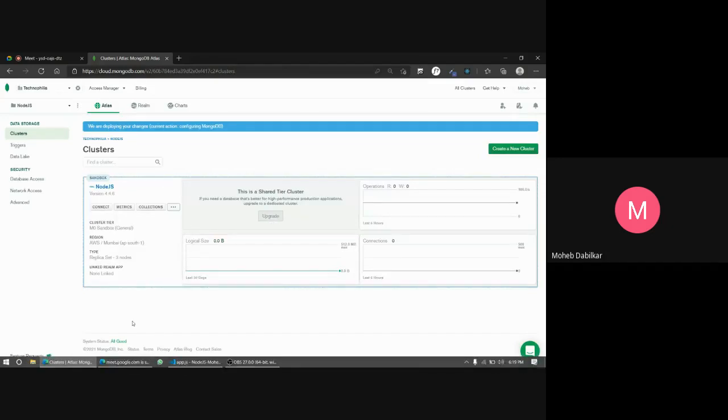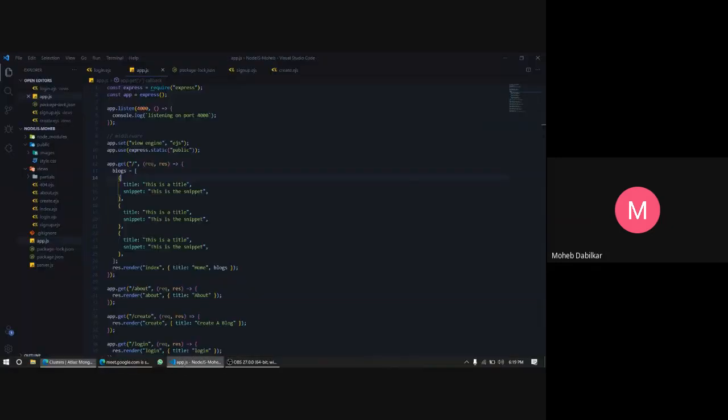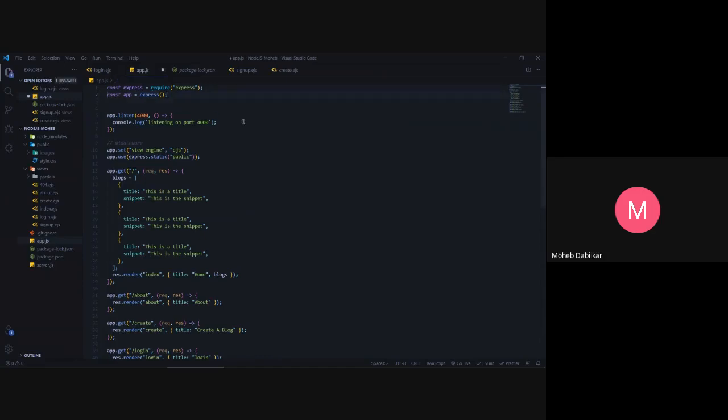Okay, now we have to install something. Last time we talked about middleware. We have our Express, and we have our URL. So this is your MongoDB URL.